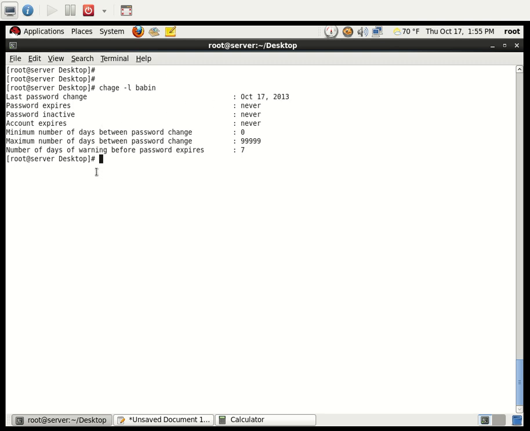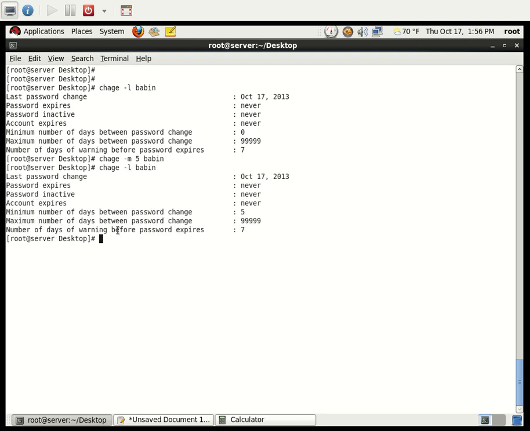Now if I want to change the password in the next 5 days, I can use chage -m 5 bobbin. This will set it so that in the next 5 days I want to change my password. Okay, and if you want to see the password last changed,